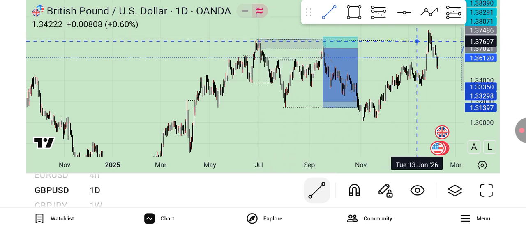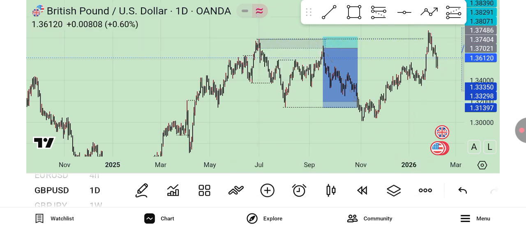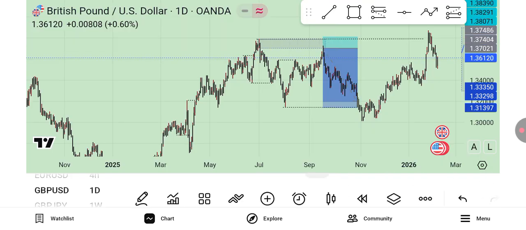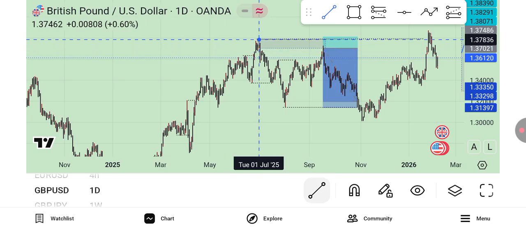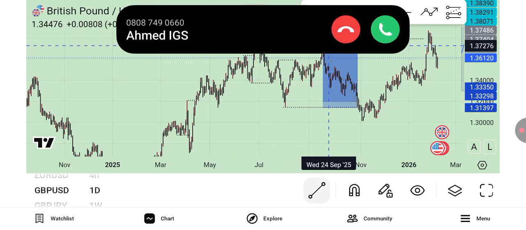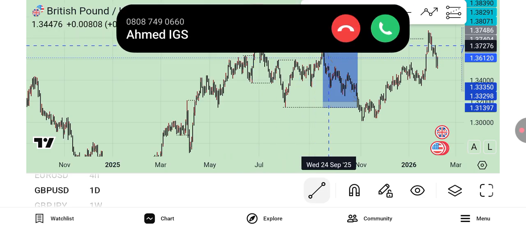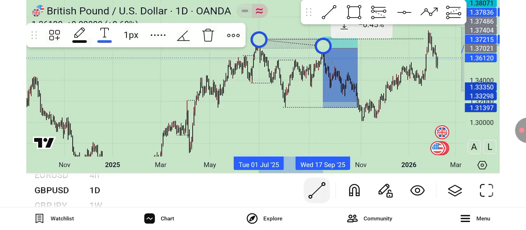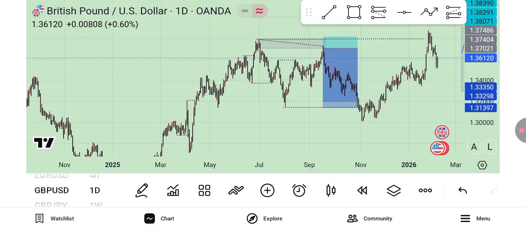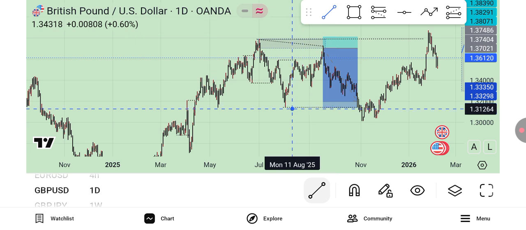This high is supposed to be broken, but what happened? Market does not break that high. You see, it does not break that high. You see, what does it do here? It reverses. As it reverses, it comes to this zone again. It's going to do what? From my previous explanation, it's going to break this high like that.